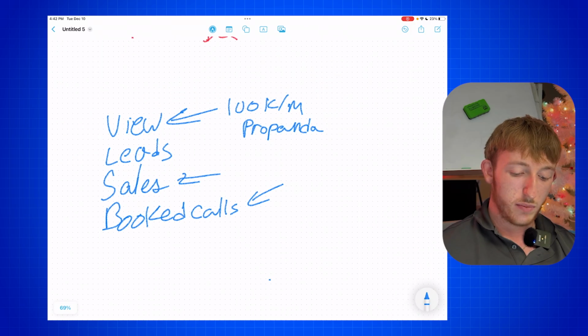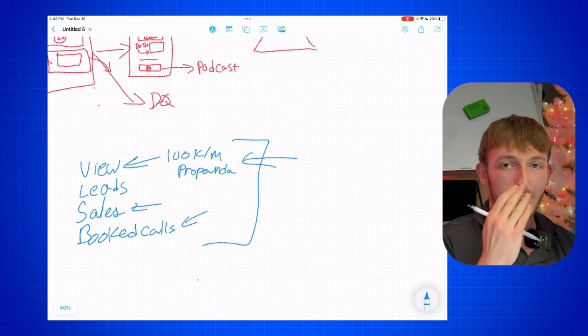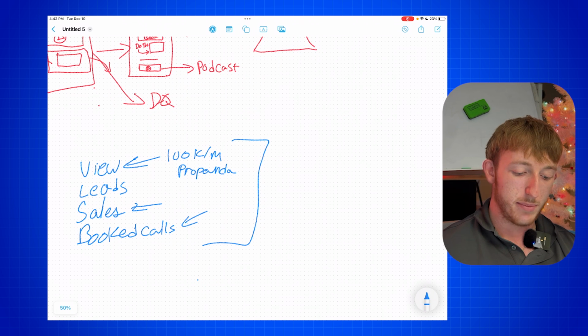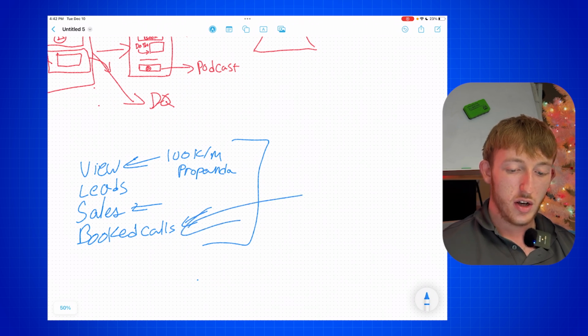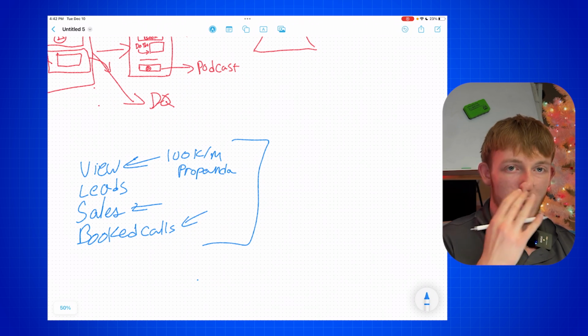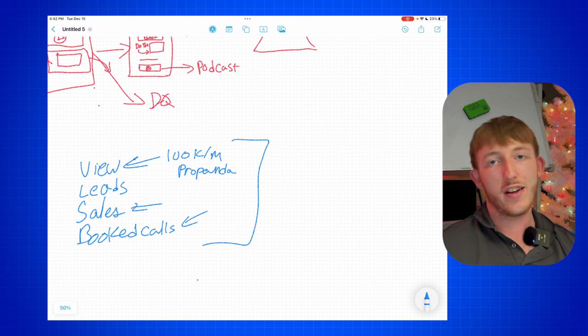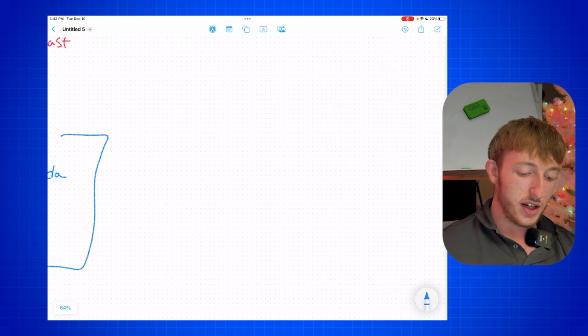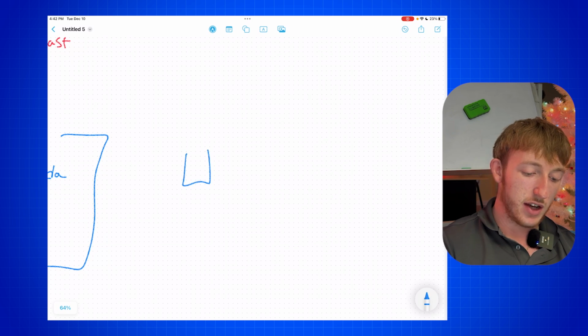So don't optimize for the things that don't matter. And also, another huge trick, right? If you're running ads, don't send views or leads or page views back to your pixel. The only thing that you want to be sending back to your pixel is booked calls, right? Because when you start sending views and people filling out an opt-in form and people buying a low ticket product, one thing that I'll see a lot is that people are running a VSL with the